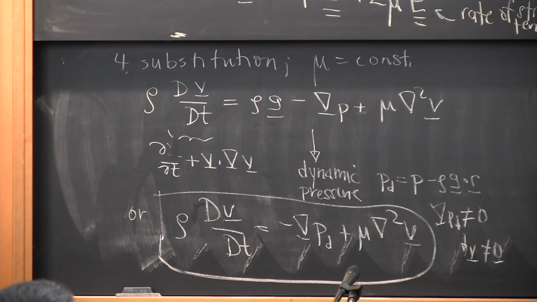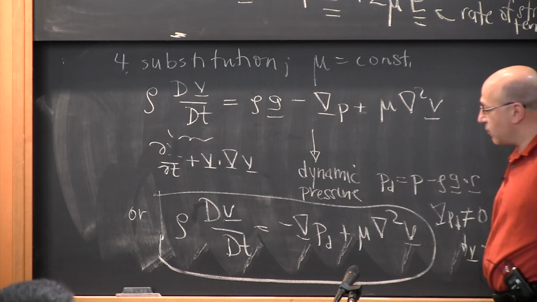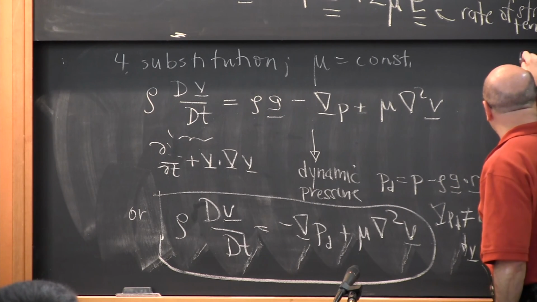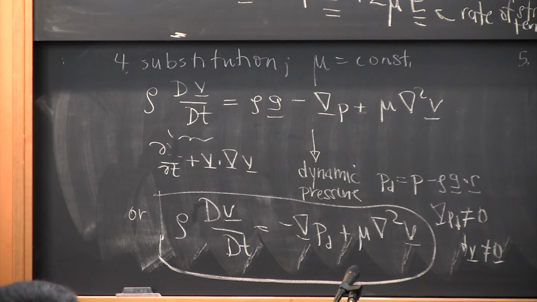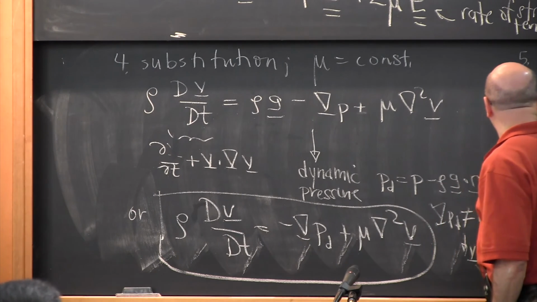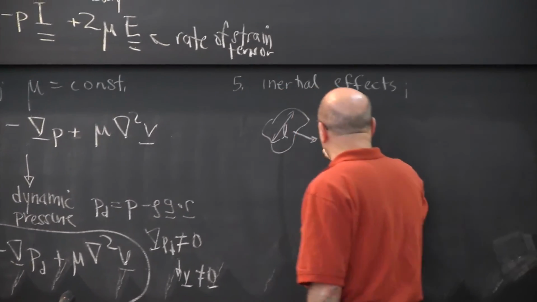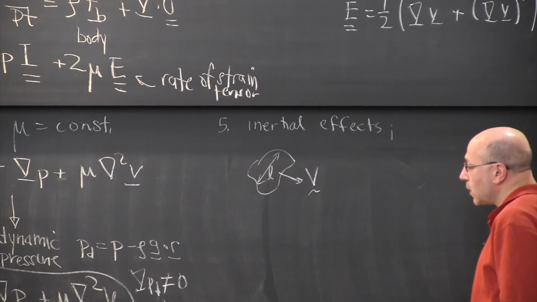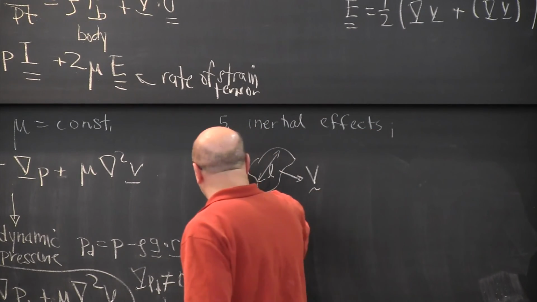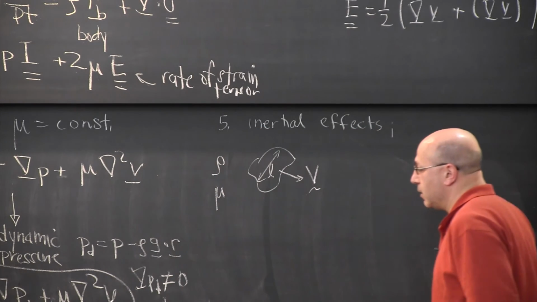So this is a quick, very fast discussion to give you the form of the Navier-Stokes equations. So where this leads, since this is supposed to be about low Reynolds number flows, is the characterization of inertial effects. And we measure inertial effects via the Reynolds number. And so just for convenience, imagine an object of typical scale L moving at some velocity v in a fluid that has density rho and viscosity mu. And